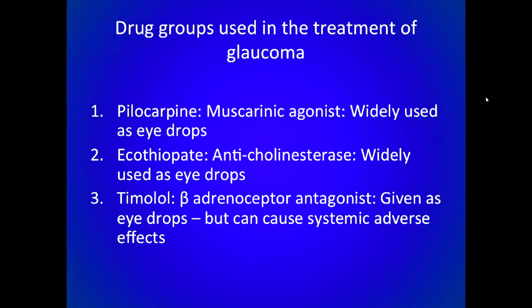Timolol is a sympathetic blocker, a sympatholytic, so a beta blocker. So cholinomimetic and sympatholytic are indicated. Cholinolytic and sympathomimetic are contraindicated in the treatment of glaucoma. So it is not only the medicines which act on the autonomic nervous system, there are other medicines also indicated in the treatment